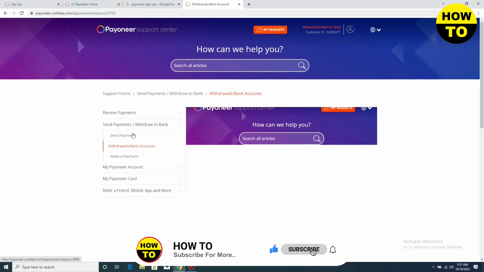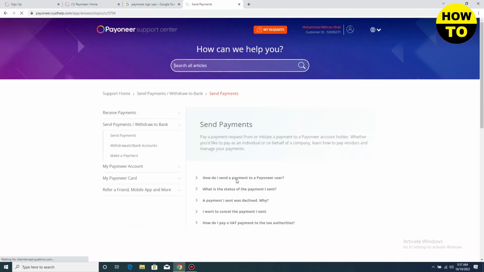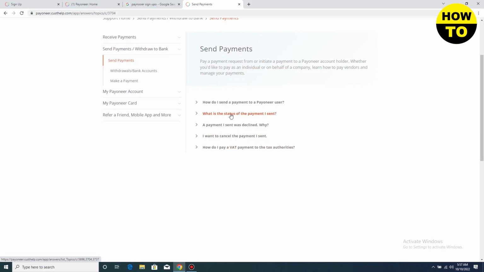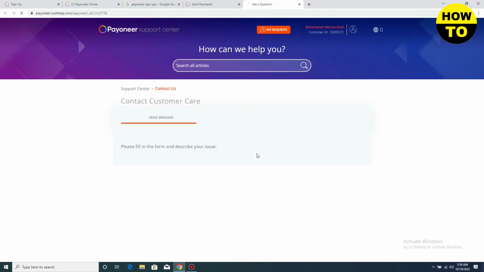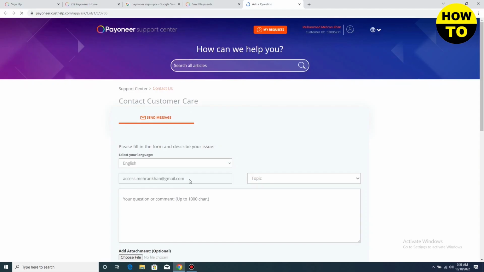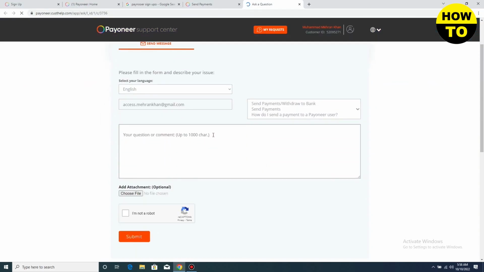You can also click on the send payment. If the option is not available, we actually need to contact the Payoneer team. So simply click here. You can find the contact us option. So here you can add your email. It's already added. So here you can type your message, like I am typing